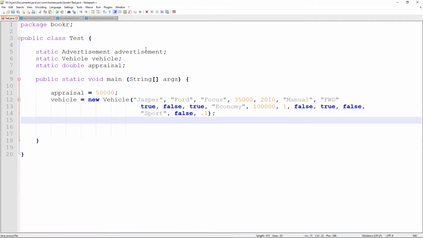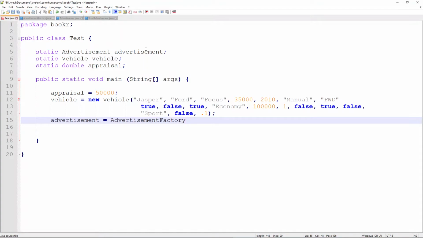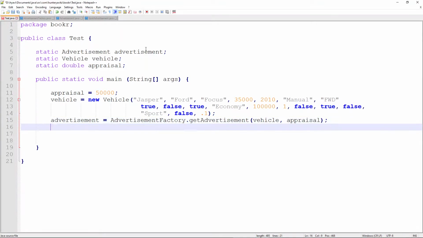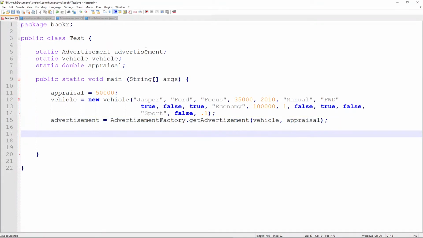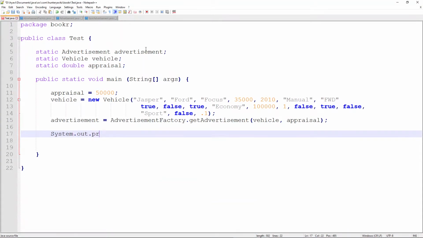And then after that, we'll go ahead and assign our advertisement equal to, and this is where the testing will come in, the advertisement factory dot get advertisement, and we'll pass through the vehicle and the appraisal. So now that we've built the appraisal, the vehicle, and the advertisement, then we're going to need to see that it actually works. So let's do a system.out.println,